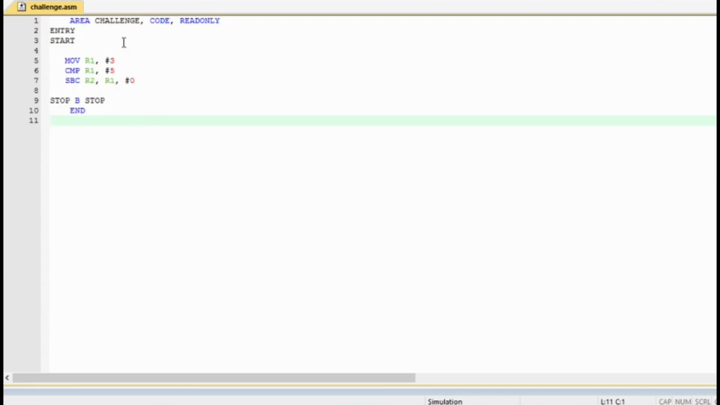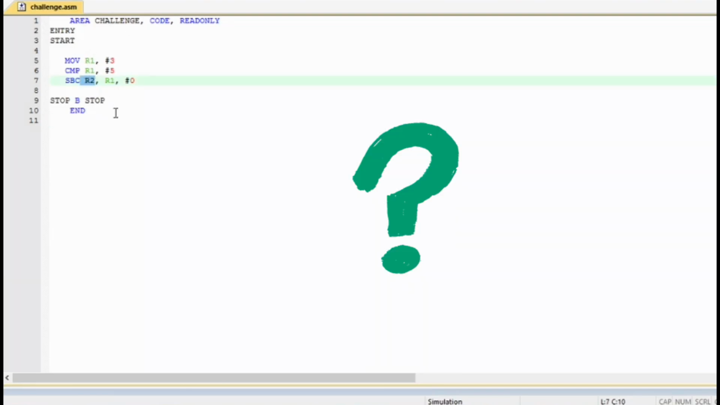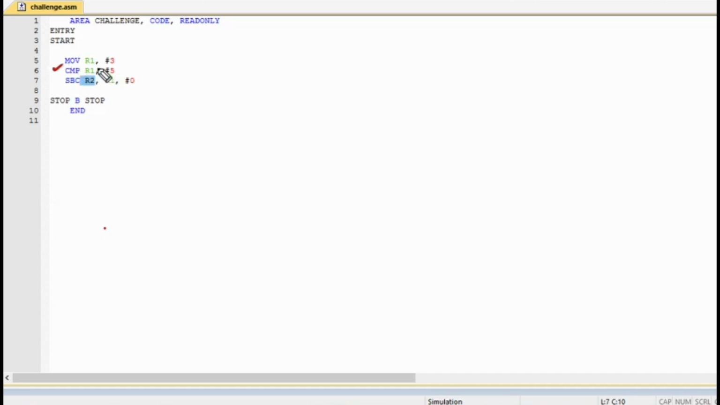Consider this code. Can you predict the final value of R2? The instruction compare checks 3 minus 5 since R1 is 3, and because 3 is smaller than 5, subtraction needs